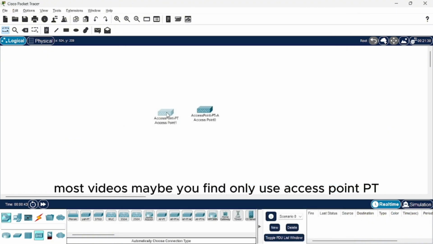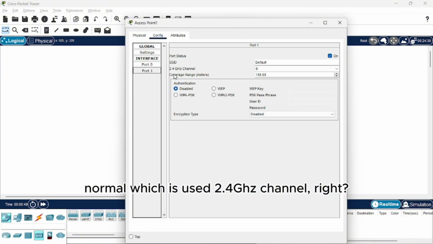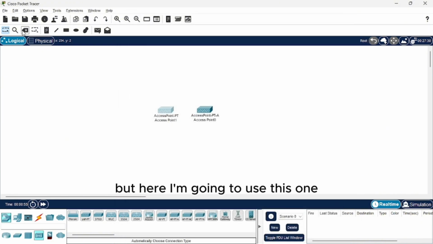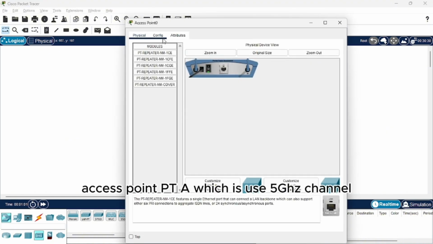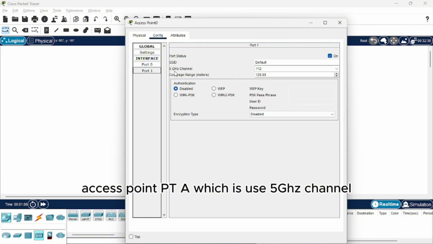Most videos maybe only use a normal access point, which uses the 2.4 GHz channel, right? 2.4 GHz frequency. But here I'm going to use access point PTA, which uses the 5 GHz channel.